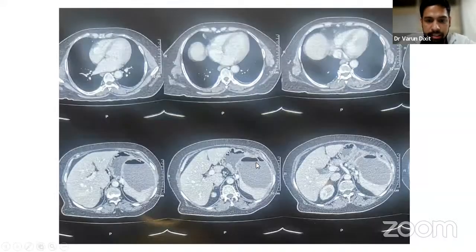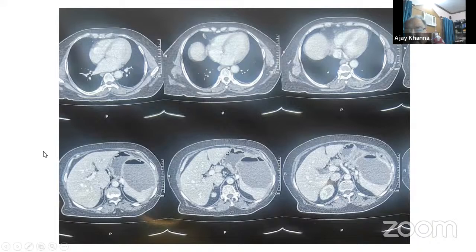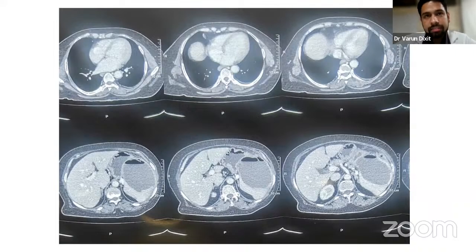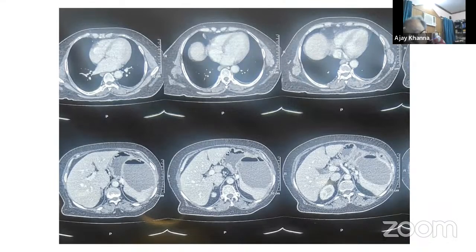In this picture, we could see the splenic abscess and the septa with air foci. So what is the significance of that air in this? Sir, infections, sir. So what is the infected thing which is causing this problem in this patient? Why is there air in this?